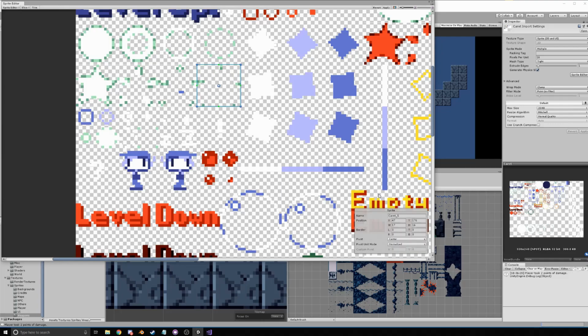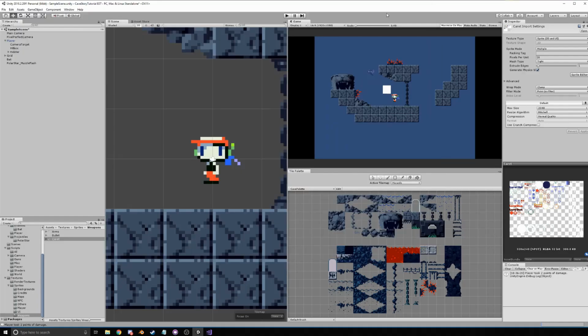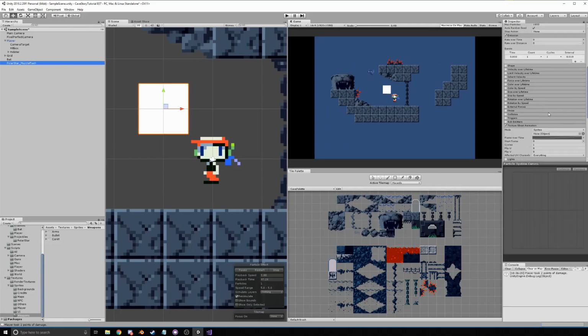This one's 17. Might be too long on this side. There we go. Oh, this one's too short, so we're going to move that one over, and there we go. Sweet. So now we hit apply, close it out, go to our muzzle flash,